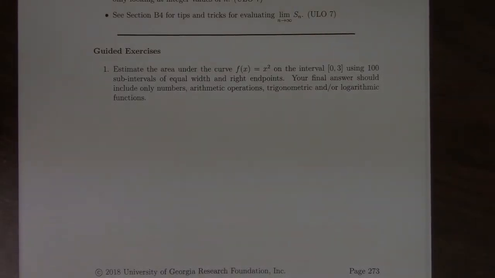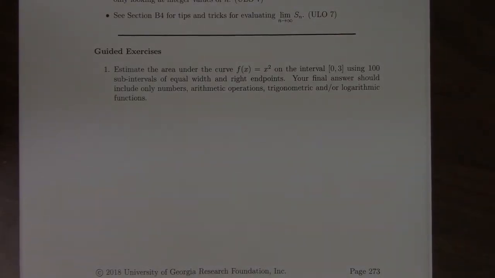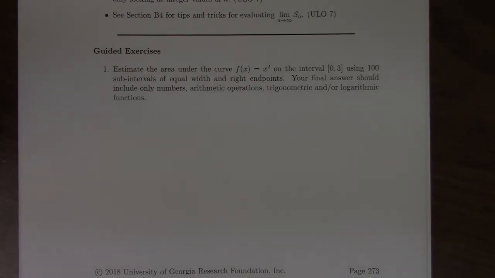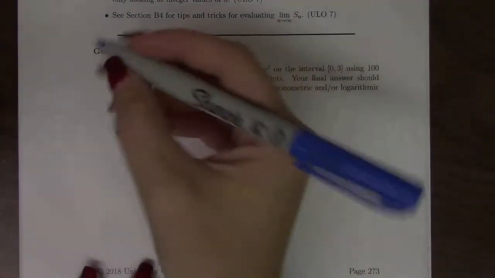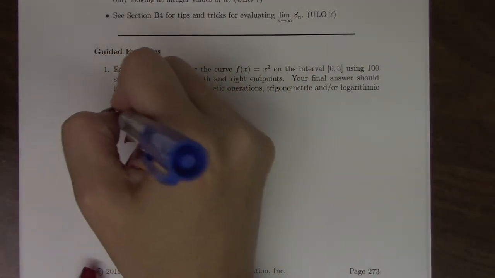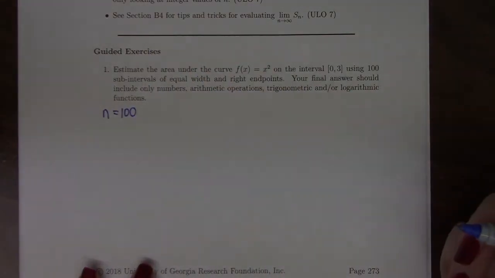So for example 1, we want to estimate the area under the curve for f of x equals x squared on the interval from 0 to 3 using 100 subintervals of equal width and right endpoints. So this one, we could easily draw the graph of x squared, but trying to draw 100 rectangles would just be nightmarish. So what we've got given in this problem to us is that our n is 100,